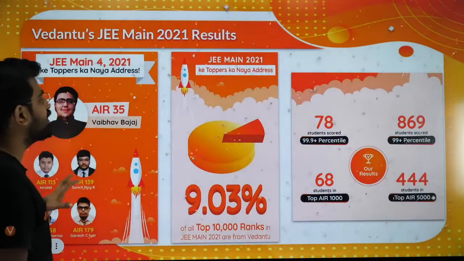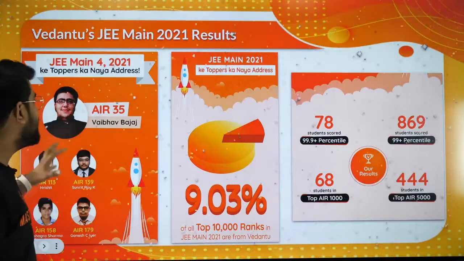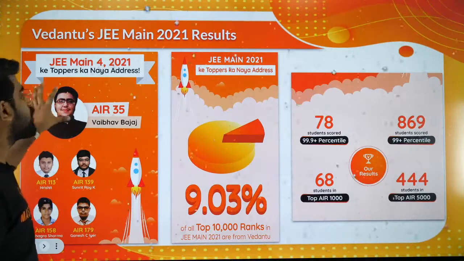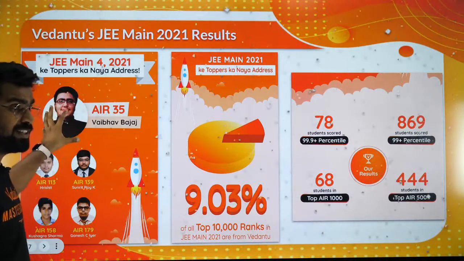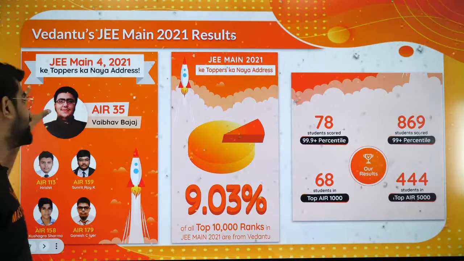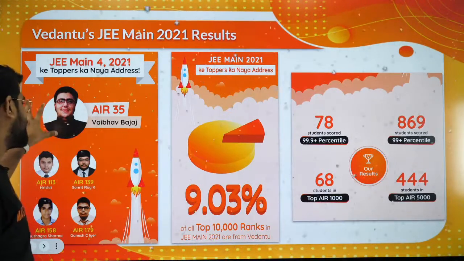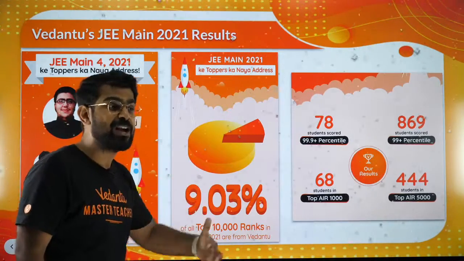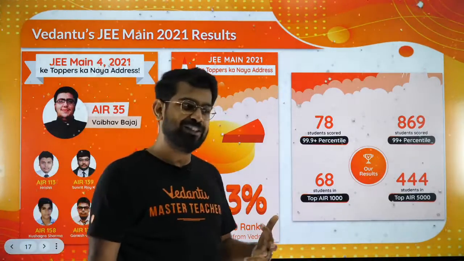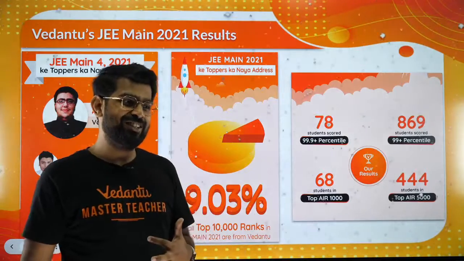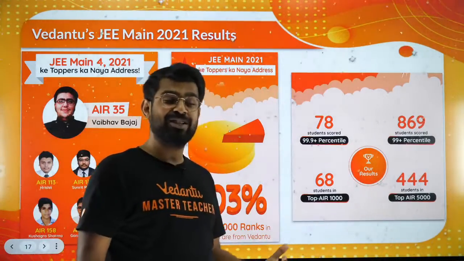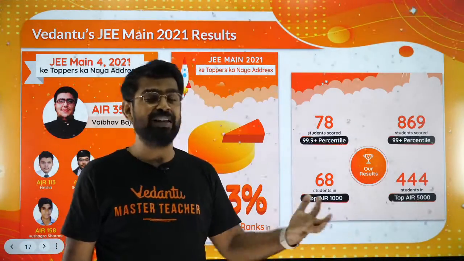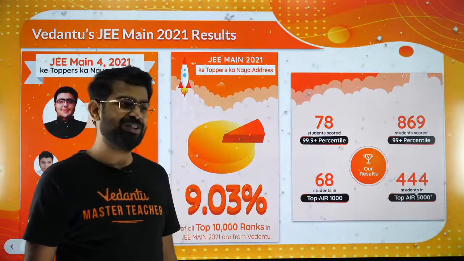So if all this is important for you and if you want to be a topper, last year we produced All India rank 35. All India rank 35 in JEE mains out of 10 lakh students. So if you want your image to be here, then start working. Put a lot of effort. Work on your term 1 portions first, make it strong, and then move forward to your term 2 syllabus as well.